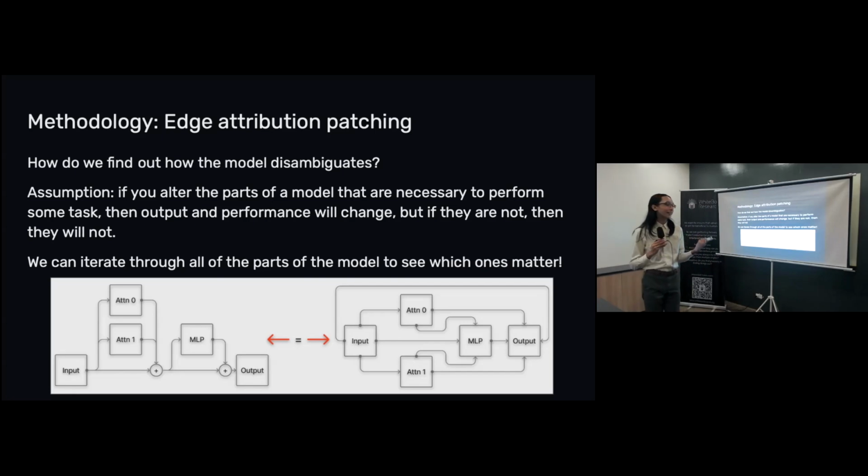And I also read that this has better performance and faithfulness, where if we rewrite this into this, they call this a factorized state, we can think of this as each module feeding into each other. We only change the edge. We don't change the node. So if I wanted to change attention 1, I'm not going to change the whole thing. I'm not going to change the MLP and the output. I'm just going to change the MLP or the output, right? So in this way, you have more granularity.